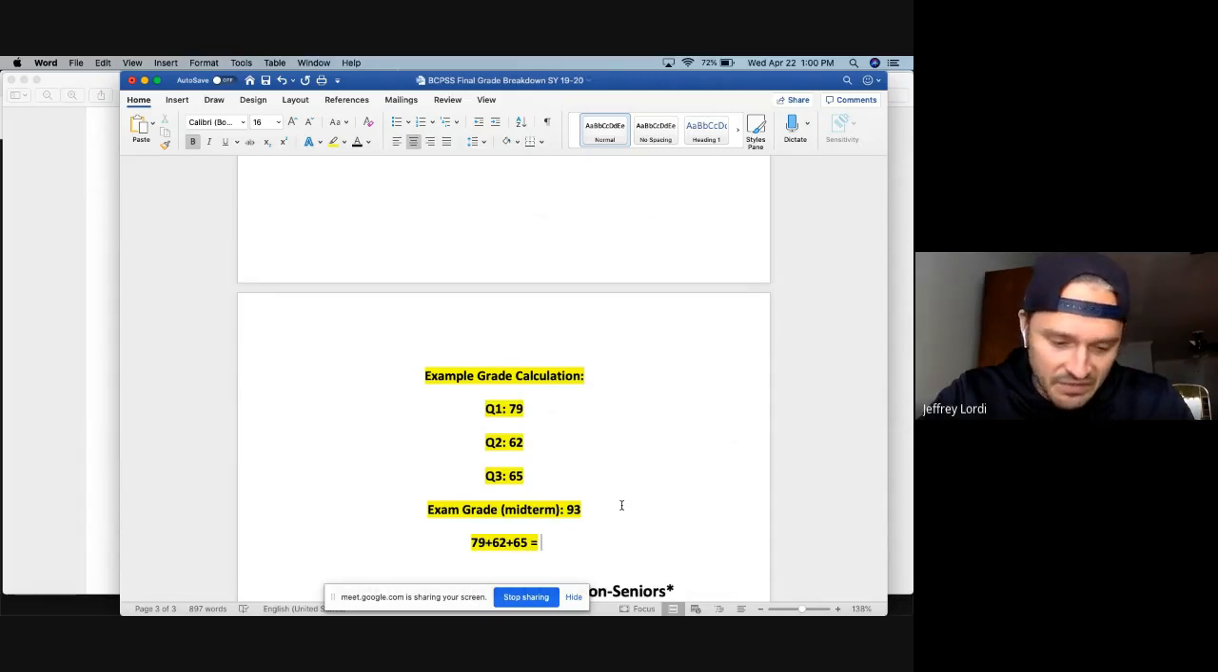All right, so I'm taking 79 plus 62 plus 65. Gives me 206. All right, now I need to take that number, 206, and divide it by 3 because I have 3 classes. So I'm figuring out my average. So 206 divided by 3 is